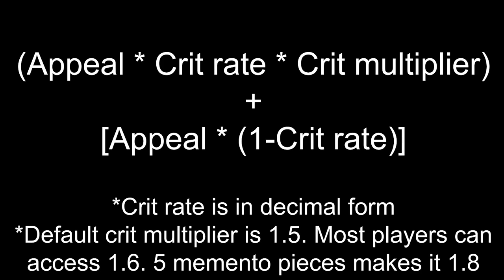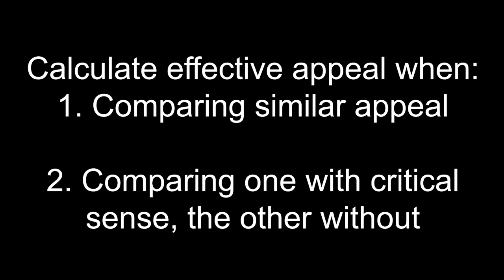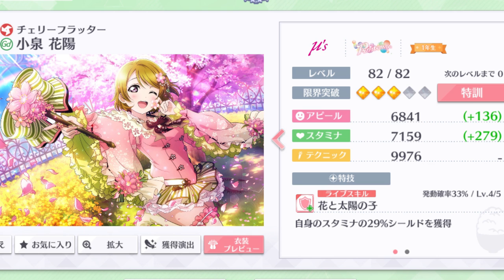Now don't calculate effective appeal for every card you have. It will make team building very frustrating because it is a very long process if you do it for every single card. I suggest that you only do this when comparing between two members with very similar appeal, or between a member with critical sense and another member without critical sense. Anyway, Hanayo's crit rate is what sets the final difference, and we can conclude that her offense is better than